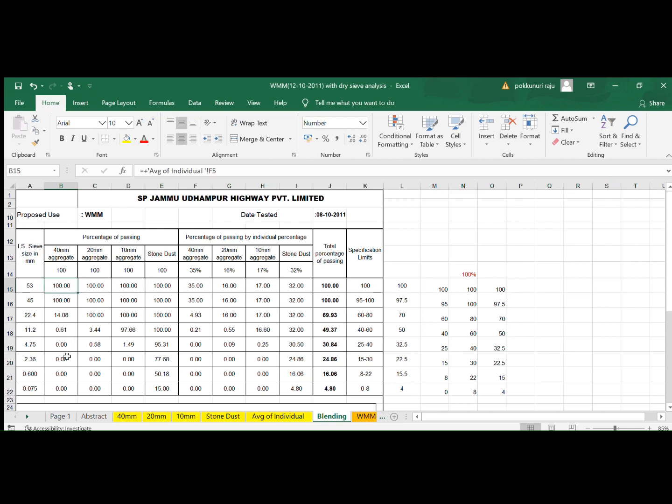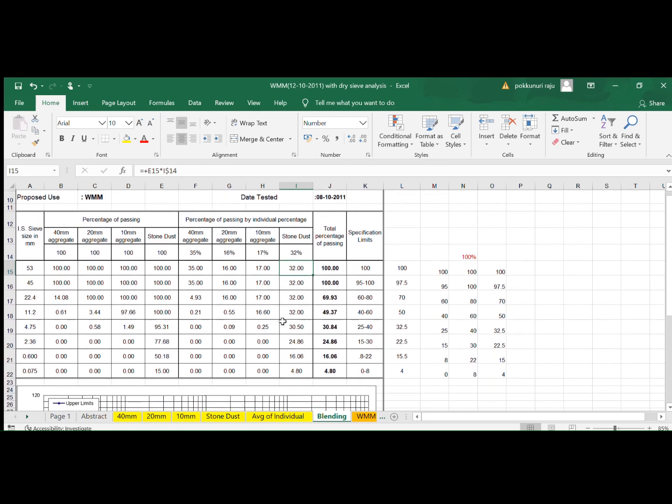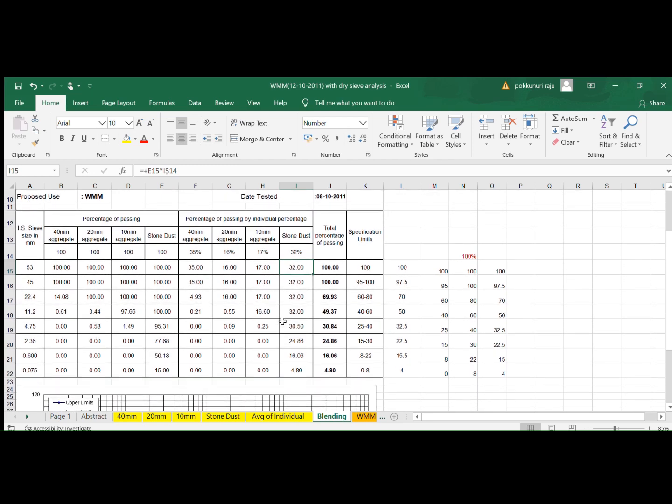That average percentage passing is noted here in this Excel sheet, and then you have to set a formula stating how much percentage of 40 mm, 20 mm, 10 mm and stone dust should be added, so that the total percentage passing is within the limits specified in the MORTH table of grading requirements. In this process, each sieve is checked.